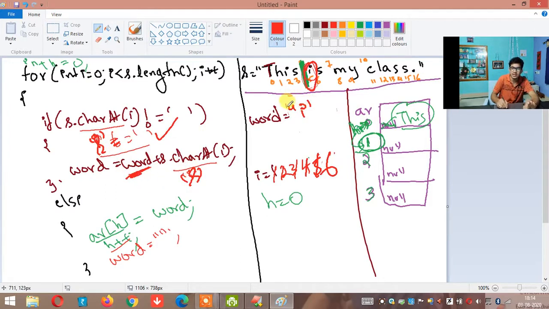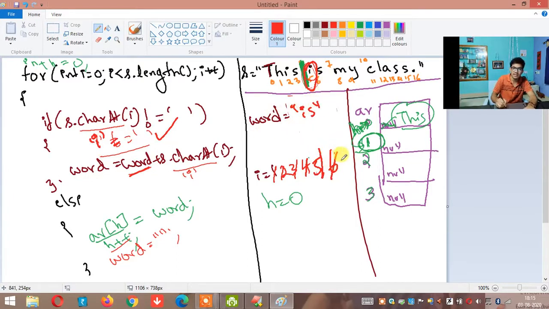What is the word content? Word content is I. What is I plus S? IS. Where are you storing IS? In the word. You are storing IS in the word.